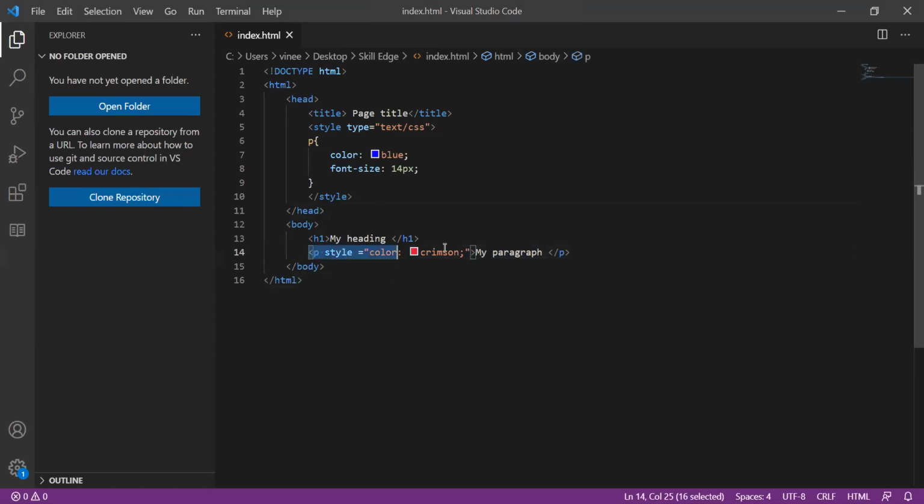So whatever you mention inline, that will have priority. So yeah, this doesn't make any sense. Any other doubts, guys, or can I go ahead?